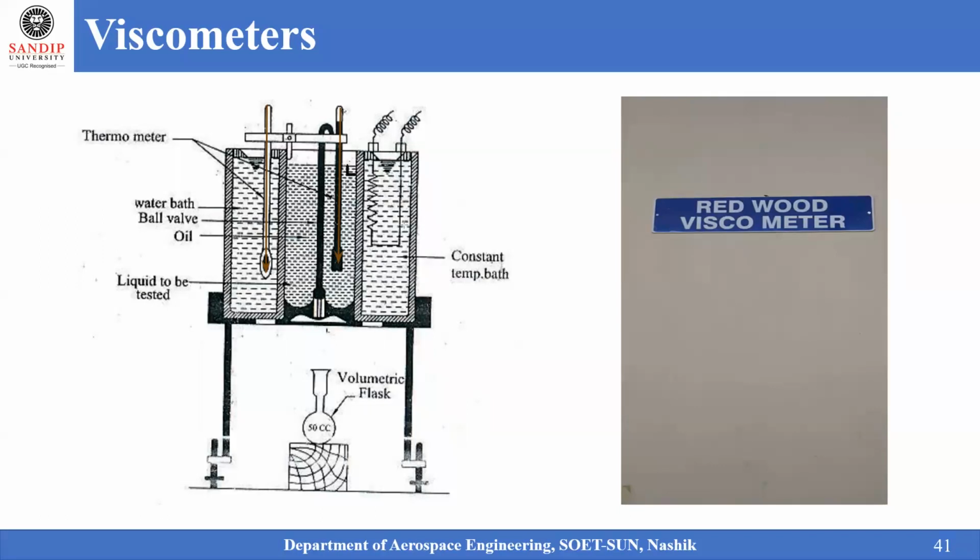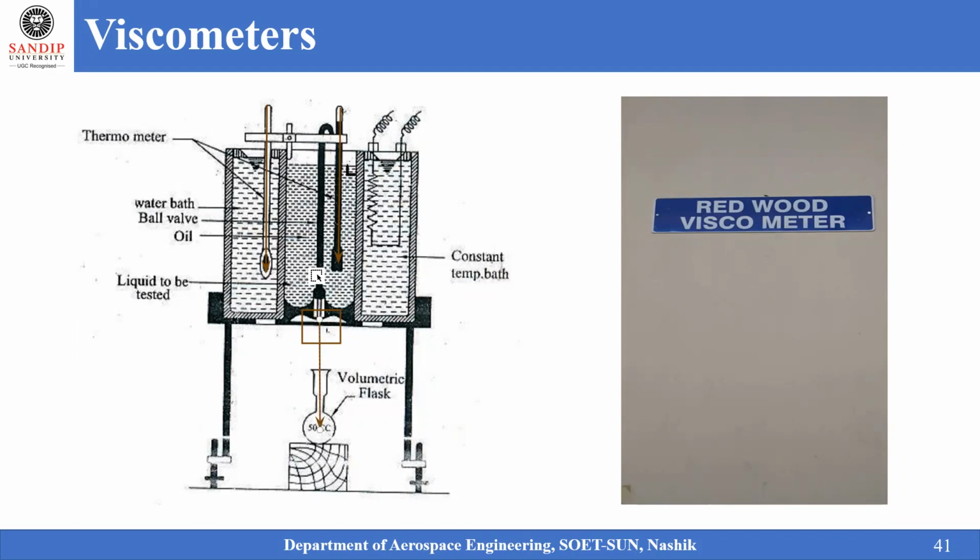In these two flasks, at the bottom of this viscometer, we have an opening. Let me annotate it. At this bottom location we have an opening in order to collect the oil released from the oil tank or oil sump. Whenever the oil is released, we can collect it in a flask of size 50 cubic centimeter, which we have placed here.